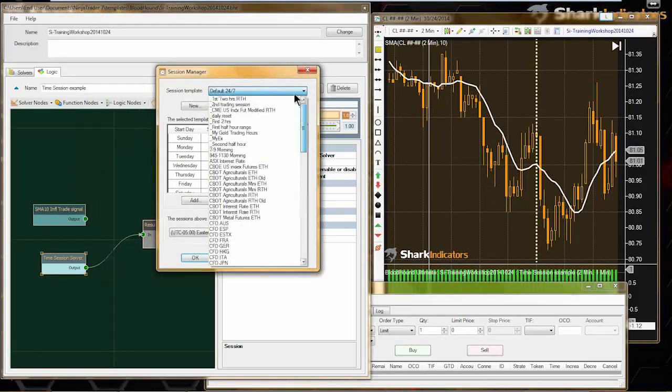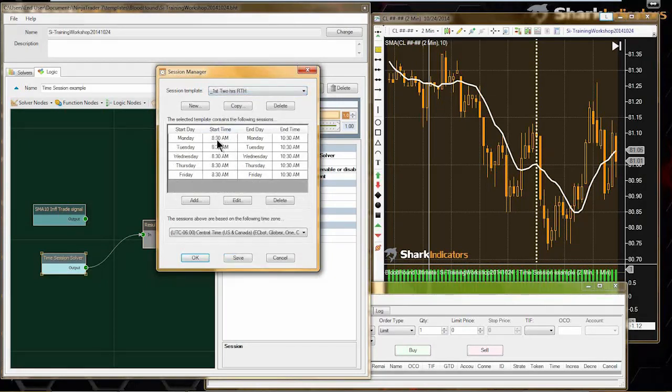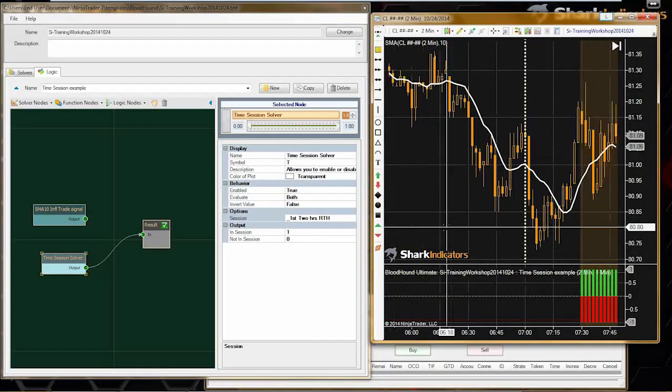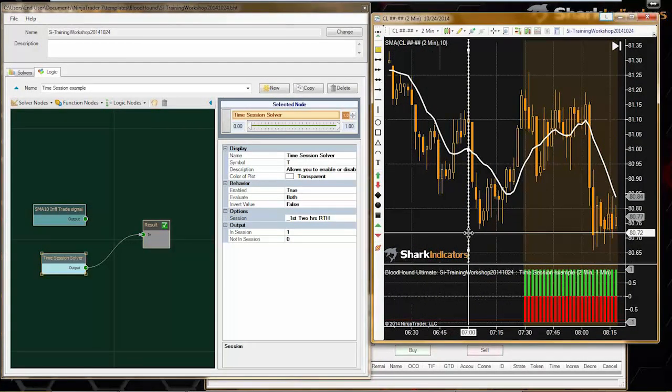So this opens up the session manager, and I already have some example sessions made here. So let's see, we've got the first 2 hours of the regular trading hours. That's 8:30 to 10:30 my time. That's Mountain Time. Oh, actually, I'm sorry, no, that's Central Time. Yeah, that would be correct for my time, Central Time. So if I click OK,